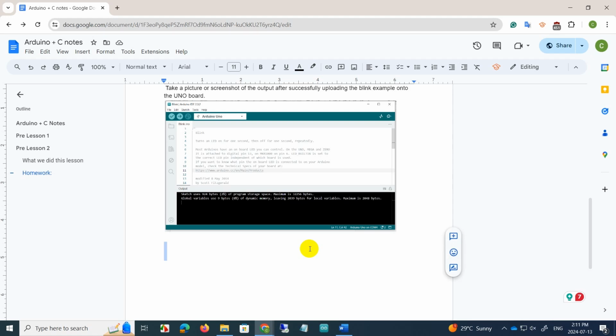Hello everyone, this is lesson 1 of the Arduino and C notes. So lesson 01,